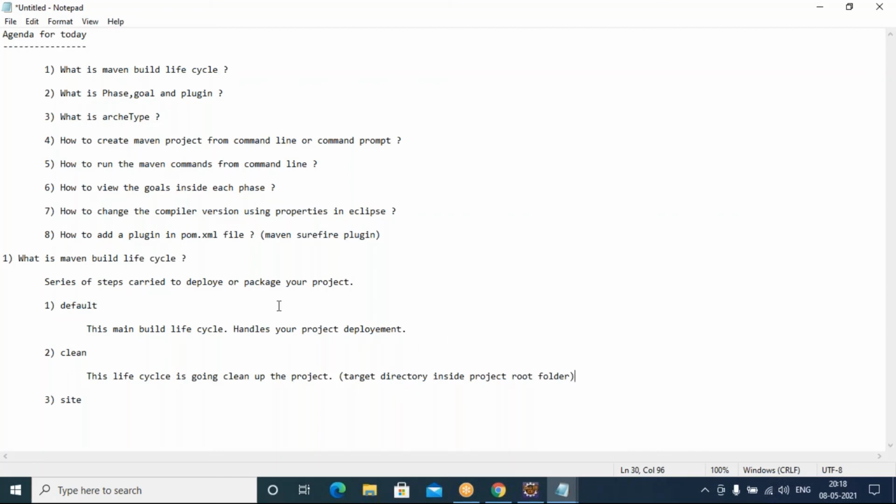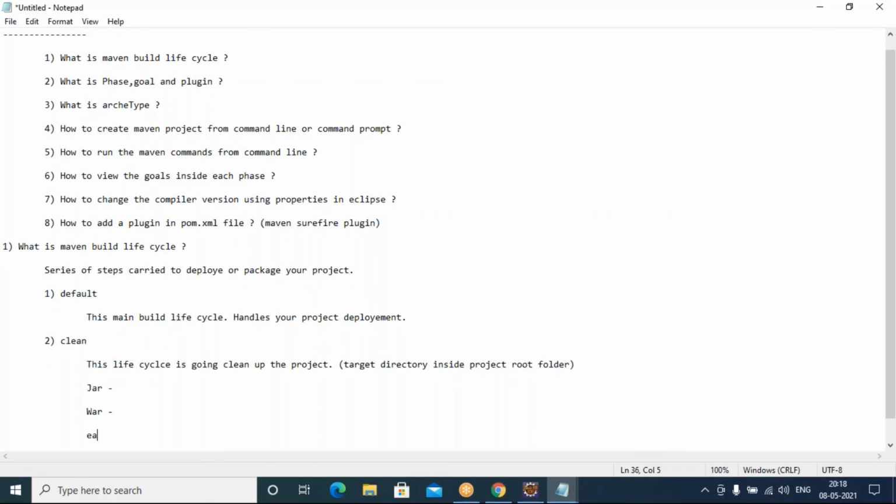And once packaging is done, let's say packaging for JAR, or WAR, or one more type, EAR. JAR packaging is done for standalone projects.